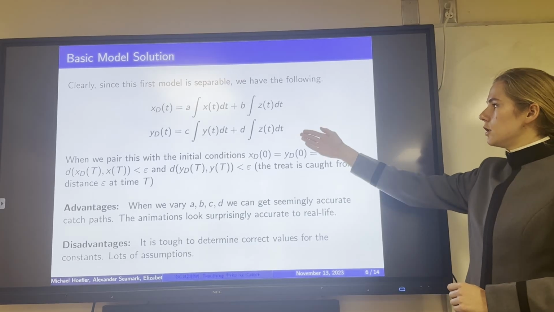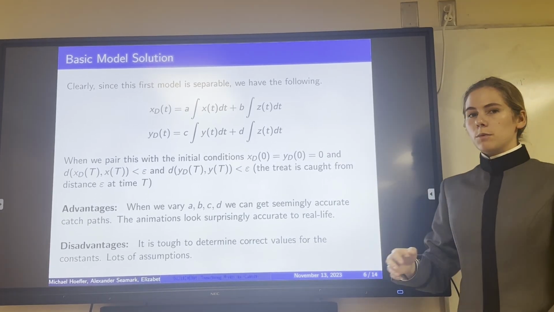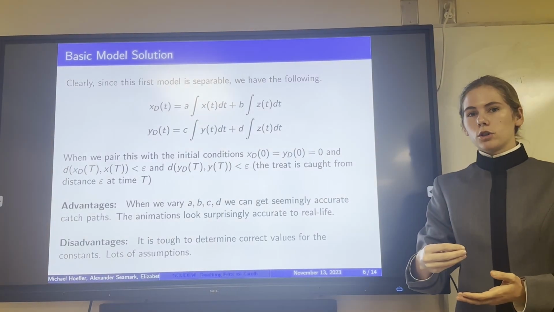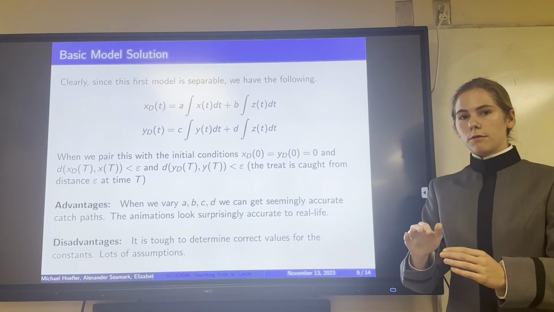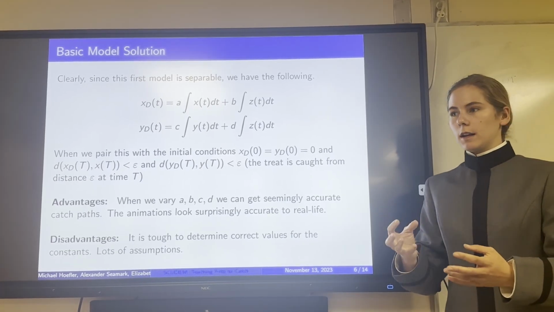So these are our solutions from the equations seen before, and we pair this with the initial conditions that the dog is starting at the origin, and that when the dog gets close enough to the treat in the x and y direction, that it can actually catch the treat,